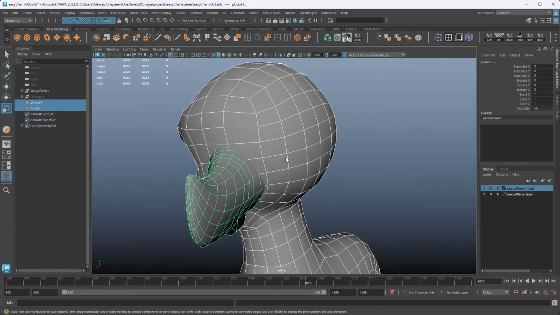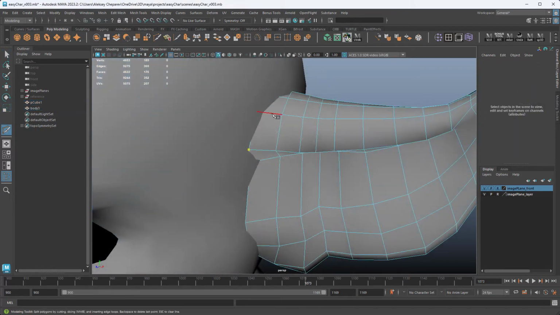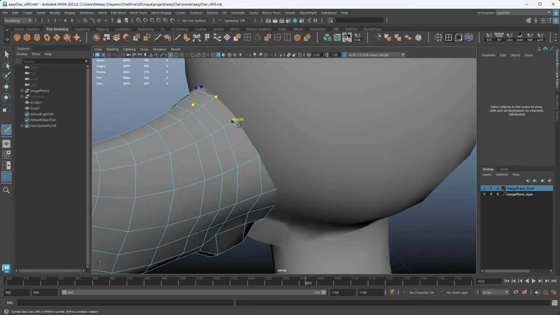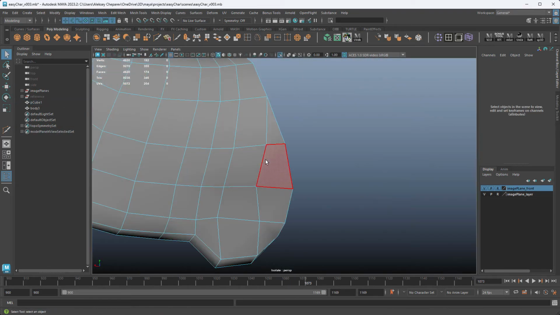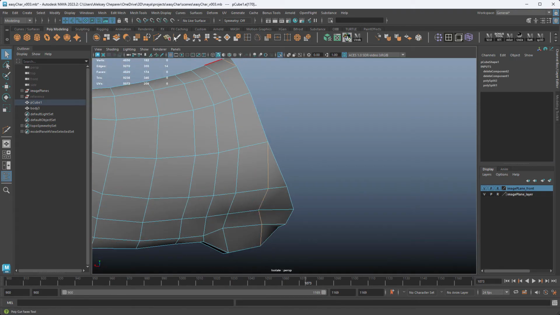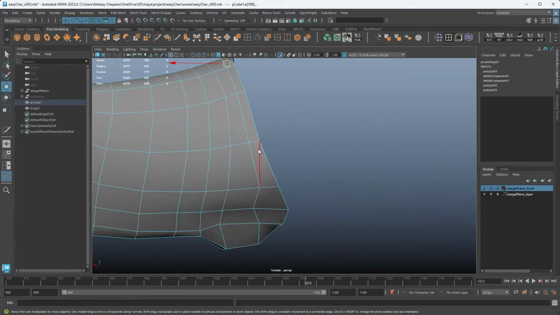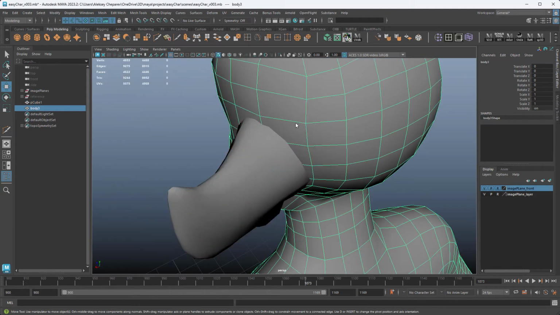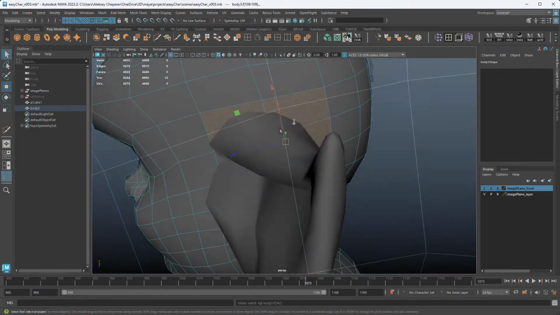Now the connection of the ear is a little more difficult than the head to the neck, but it shouldn't be bad. I'm just going to use the multi-cut tool and draw where these edges kind of fall, where the ear penetrates the head. Edges here that just end like that, we'll use the multi-cut tool and redraw them, reconnecting this. Control delete. All right, back to the head and ear. Now I can delete these faces, and when I do my connection, I know that it's going to work out fine.